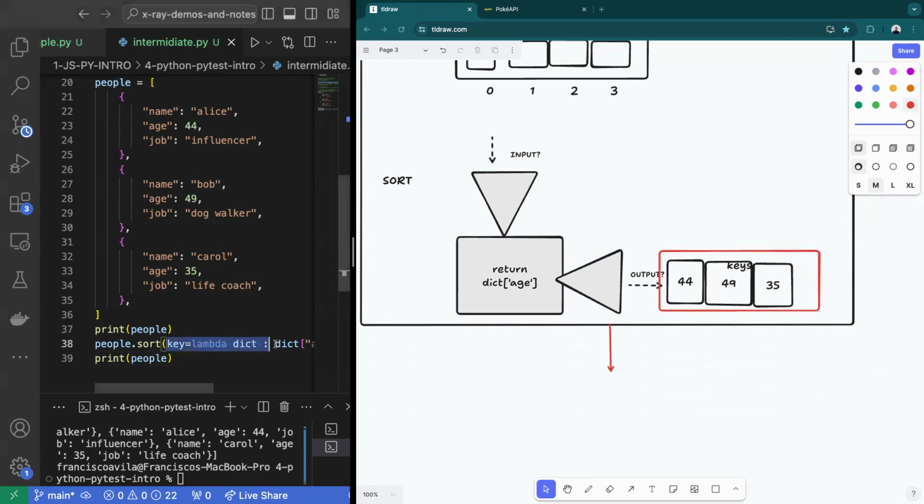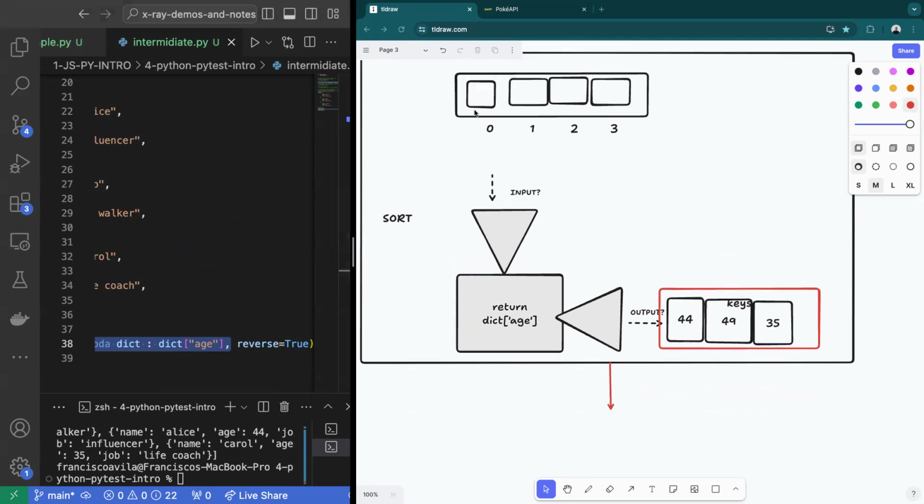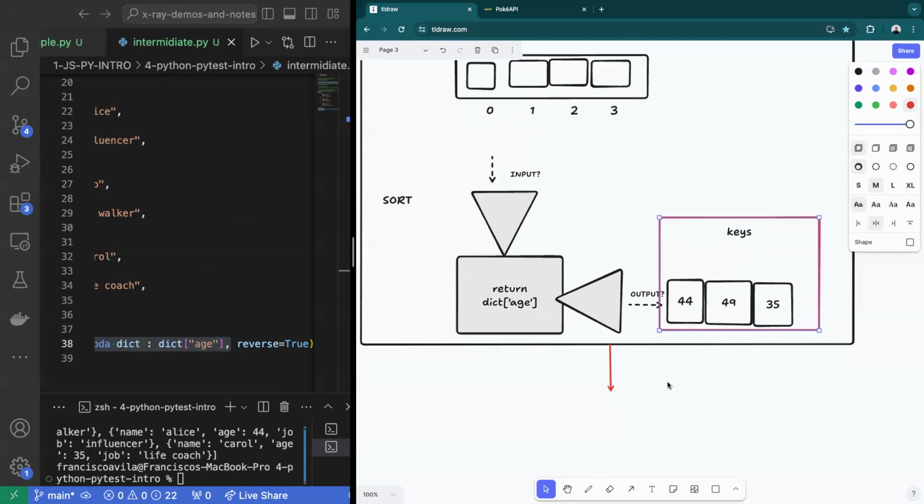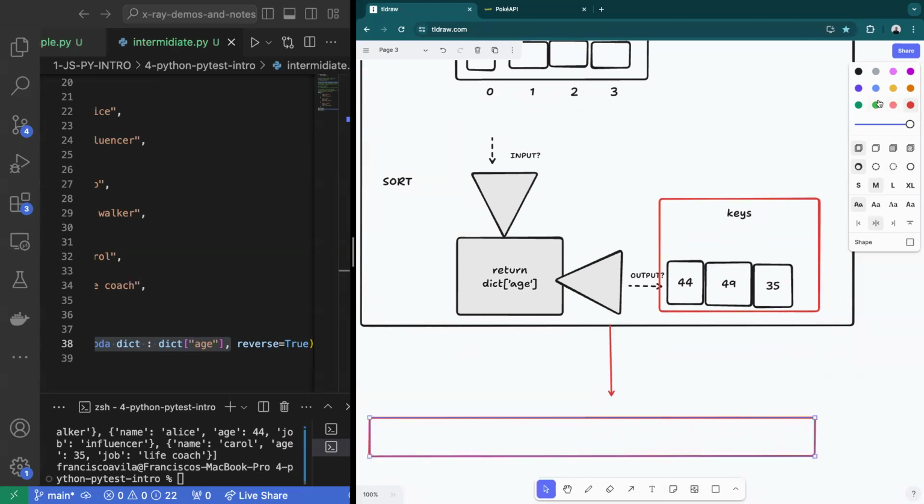That's what my lambda function is doing here. I'm telling it, hey, here's the list. Before you start putting anything into order, identify the keys from each individual element. Then it says, oh, okay, well, if these are my keys, these are pretty easy to put in order. So now when it goes to produce an output, and let me put this one in green,